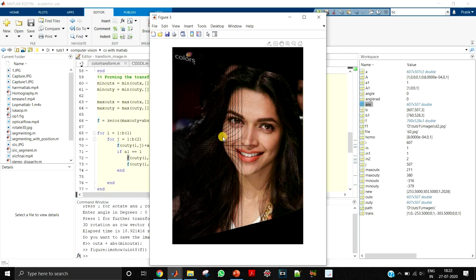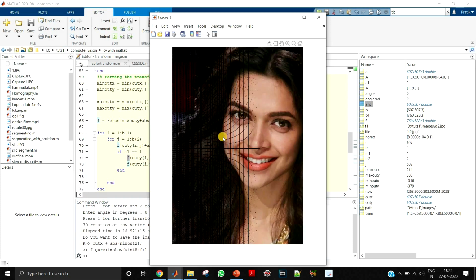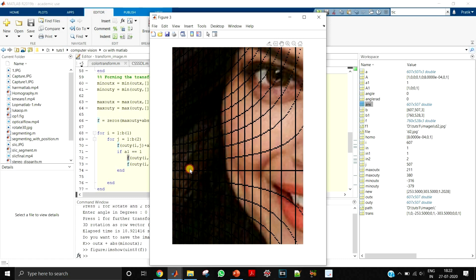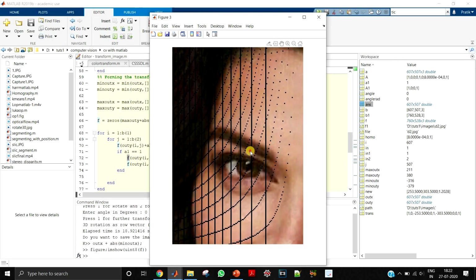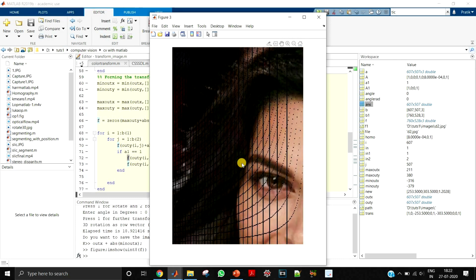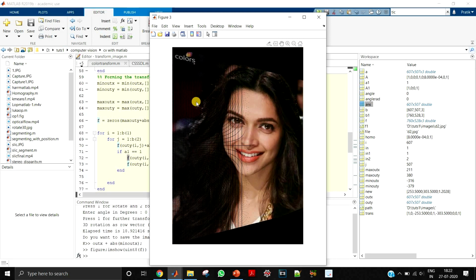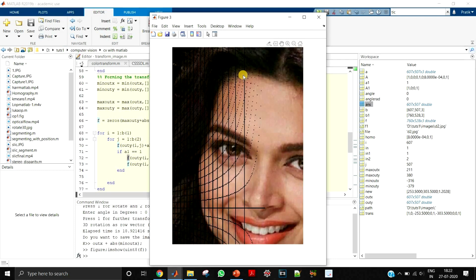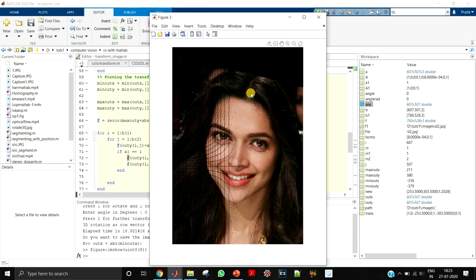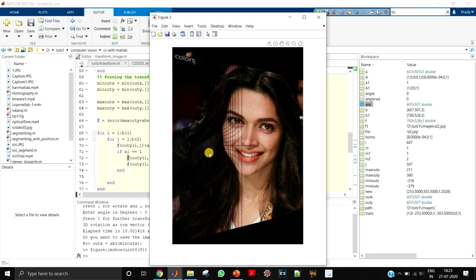Right. So over here you can see these things, these nulls over here. So these nulls are created because it is a transformation, and we did not put those, what we say, we did round off. So because of that round off, these dots and these lines are created over here. So this is a problem again.